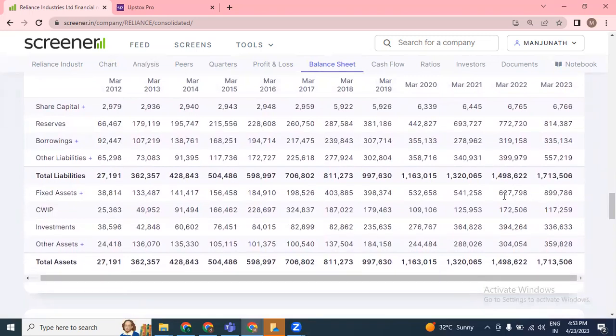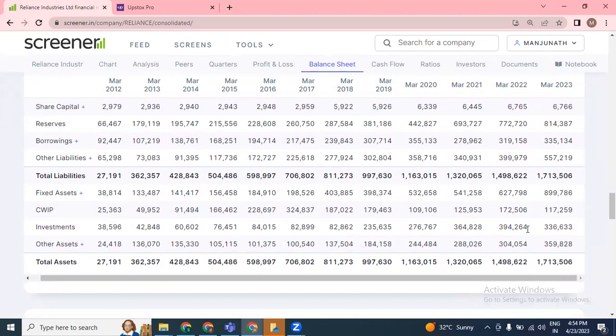from fixed assets, 627 crore to 899 crore. The balance sheet has increased by almost 117 crore in terms of fixed assets. Fixed assets have increased, and the work in progress of assets has been converted into reserves and is already reflected in the reserves. And investment,